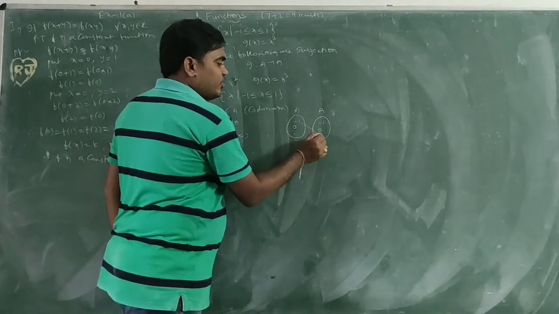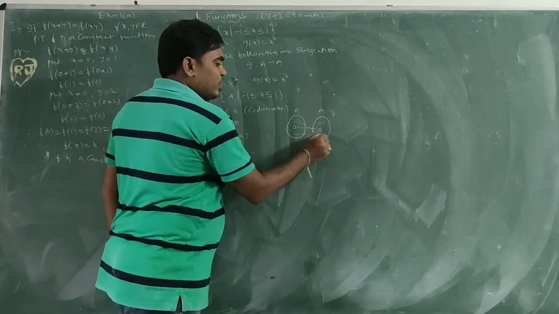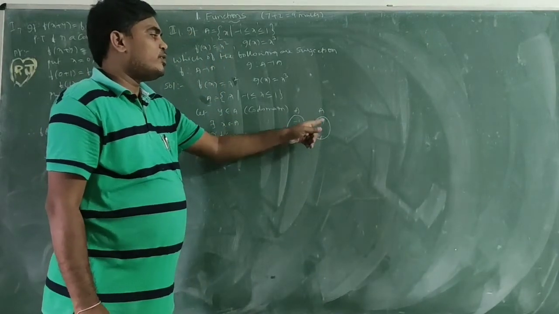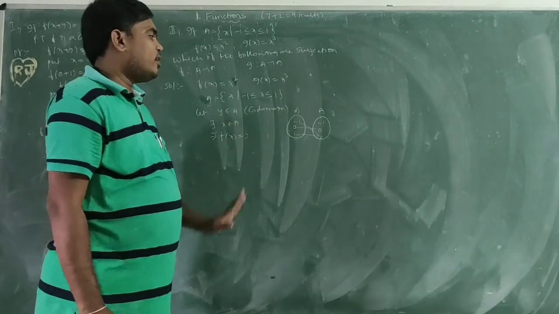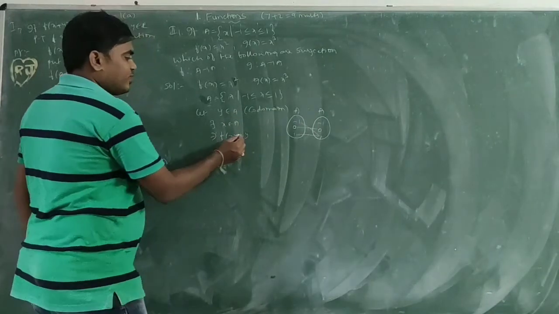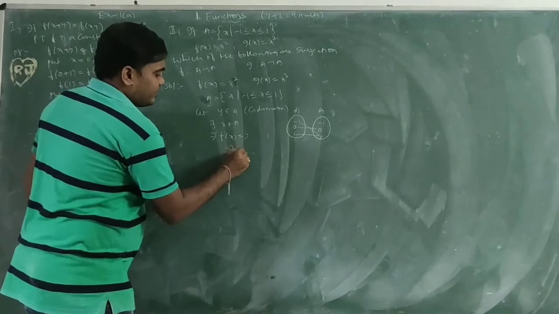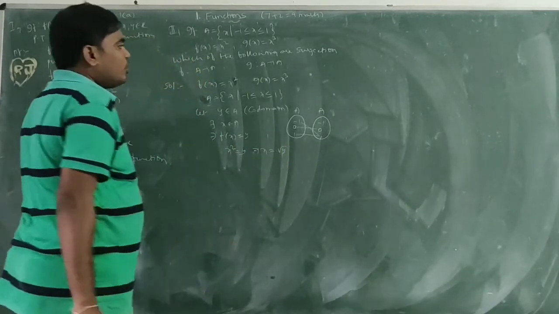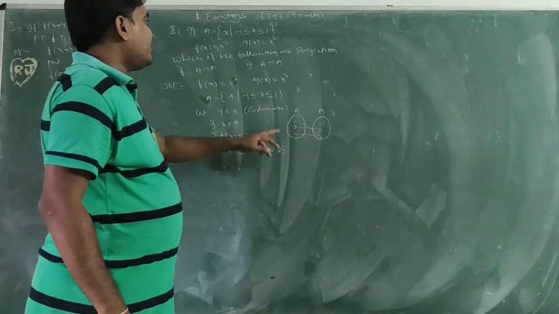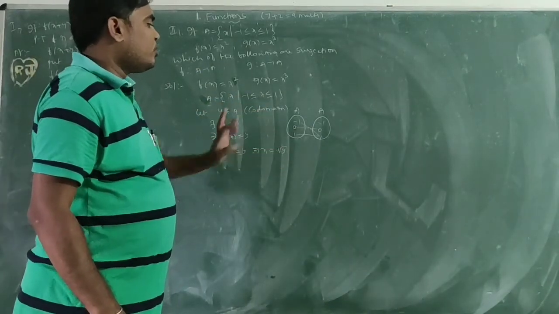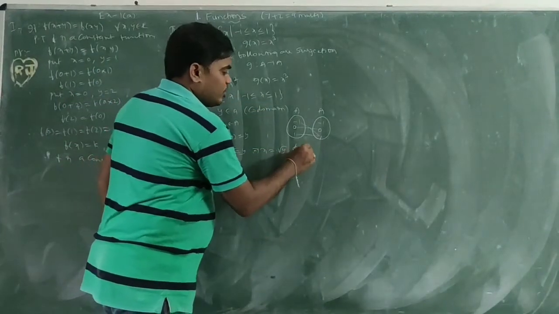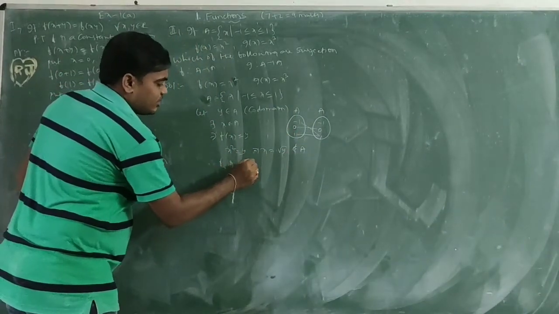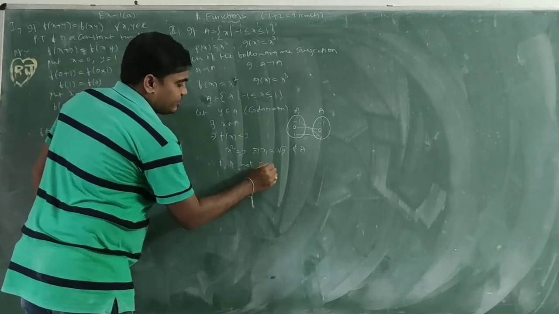Square of minus 1 is plus 1. Square of 0 is 0. Square of 1 is 1. Here the negative numbers are not associated with anything. So it is not an onto function. So f of x equal to x square equal to y, x equal to root y. So the root of all numbers will not exist here. The negative numbers are also here, so it does not belong to A. So therefore f is not a surjection.